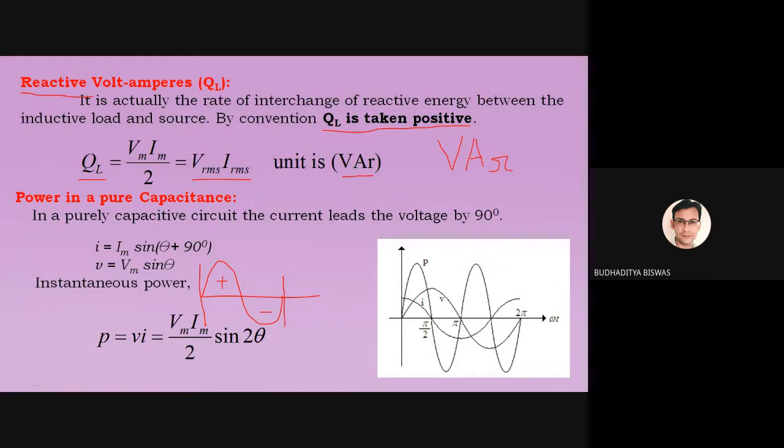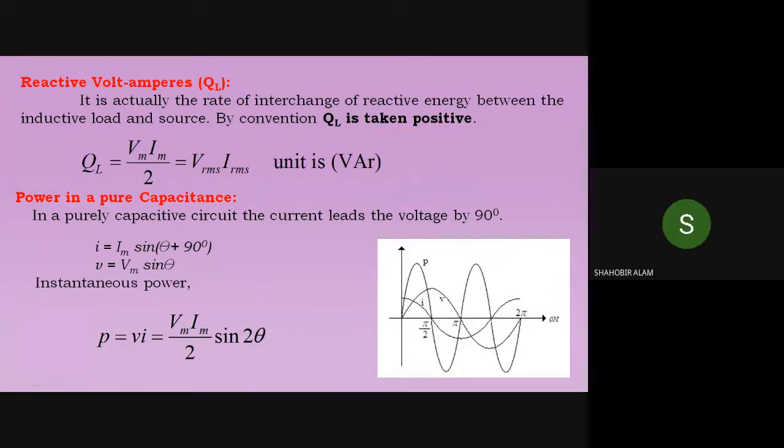So how do you define the average value of a sine wave? Obviously in that case we need to take the half cycle average. Either this half or this half, both will be the same. This is the positive, that is the negative, that is a separate issue. So we have to take the integration up to the half cycle, which is 0 to pi for the pure sine wave. Similarly, if you do this, it's going to become VmIm by 2.